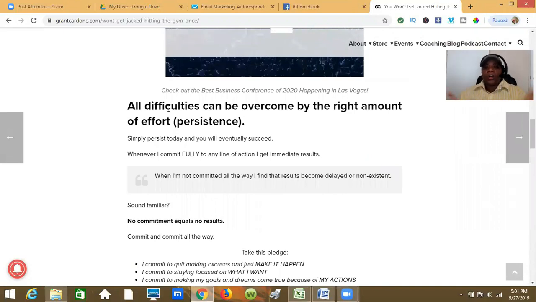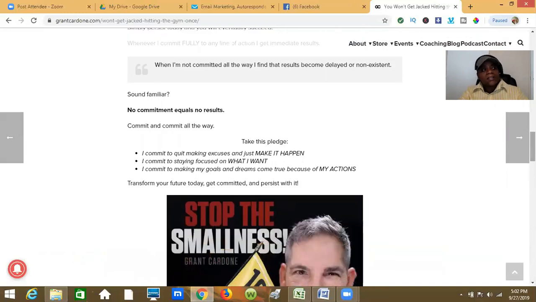Here's a bullet point. Now, you want to read the whole blog, but here's a bullet point: all difficulties can be overcome by the right amount of effort, persistence. So you already know he's talking about sticking with it, not giving up. And the fact that he said you won't get jacked hitting the gym once, basically what he's saying is you want to get buffed, that's what he means by jacked, but you go to the gym one time and think, man, why didn't I get any muscles, or why didn't I lose any weight? And you went to the gym one time. You can tell by those two sentences that's what he's talking about. So you understand that, hey, man, that's accurate. That's on point